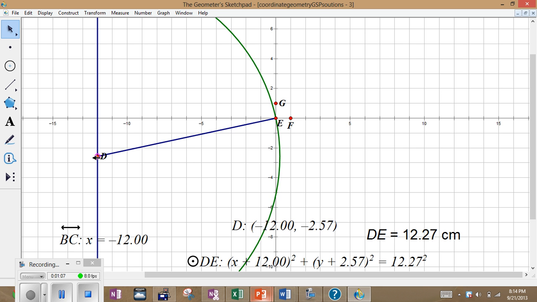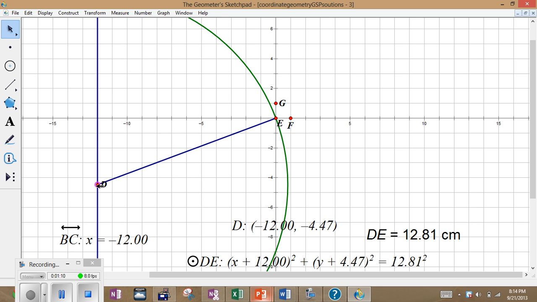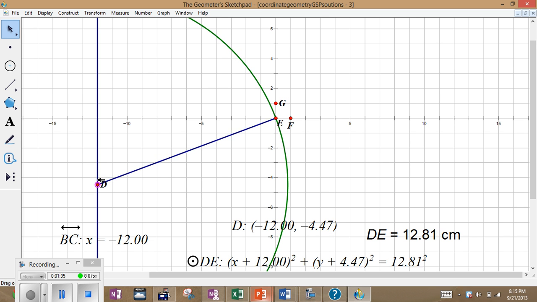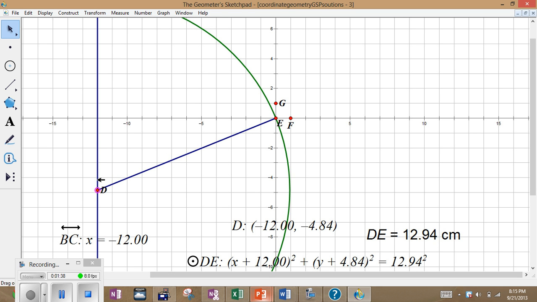But it has to be such that the radius of the circle from this point is going to be exactly 13. So I'm looking at the length of the radius of the circle right here, because that's simply the distance DE, and I want that distance to close in on 13. So it's very close to 13 there. If I keep nudging at it, we're going to force that to become 13, and we're closing on it right about here. We're exactly at 13,